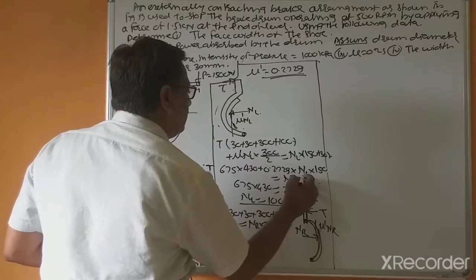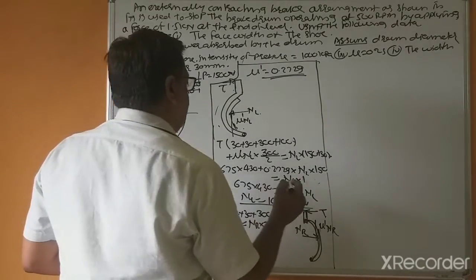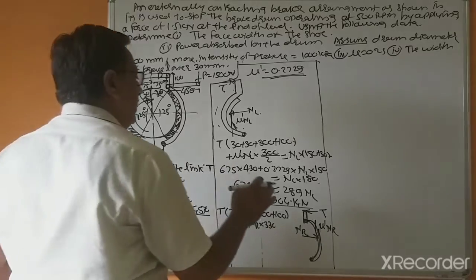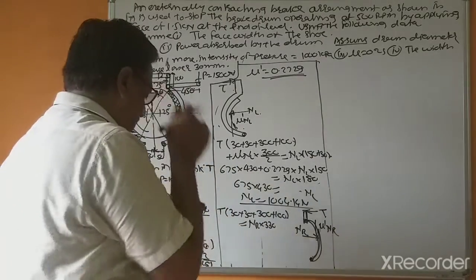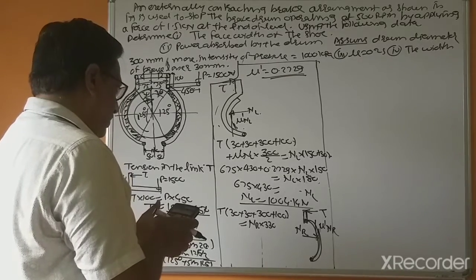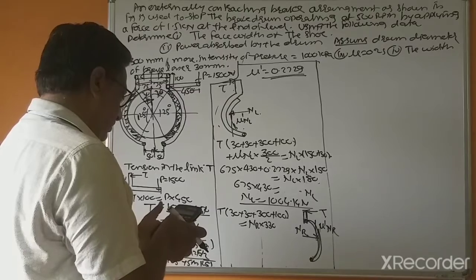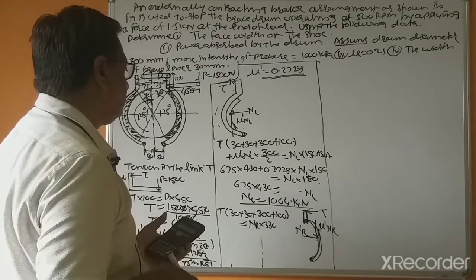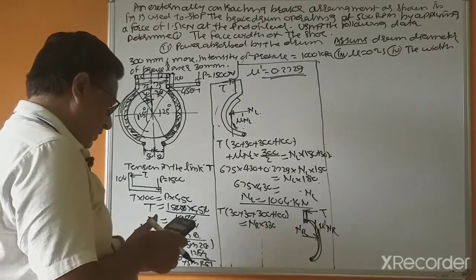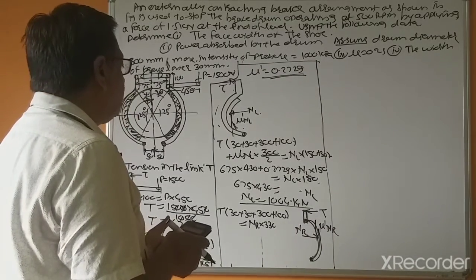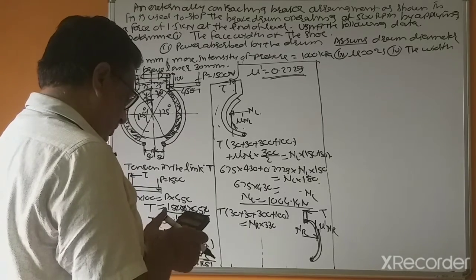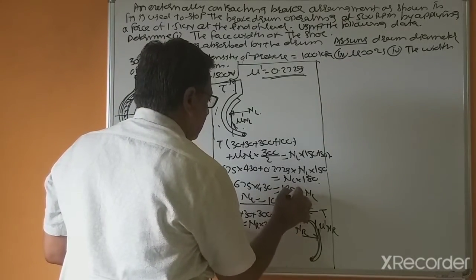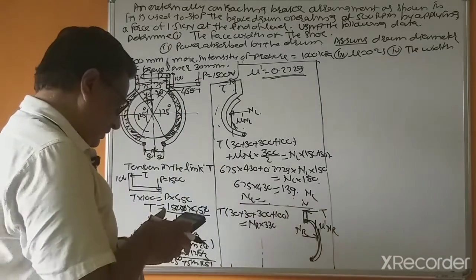So NL into 180. So 180 into 0.150 multiplied by 0.2729, plus 180 minus 180, sorry, again once again minus, sorry, multiplied by, so this is 139.9. So this value definitely increases.